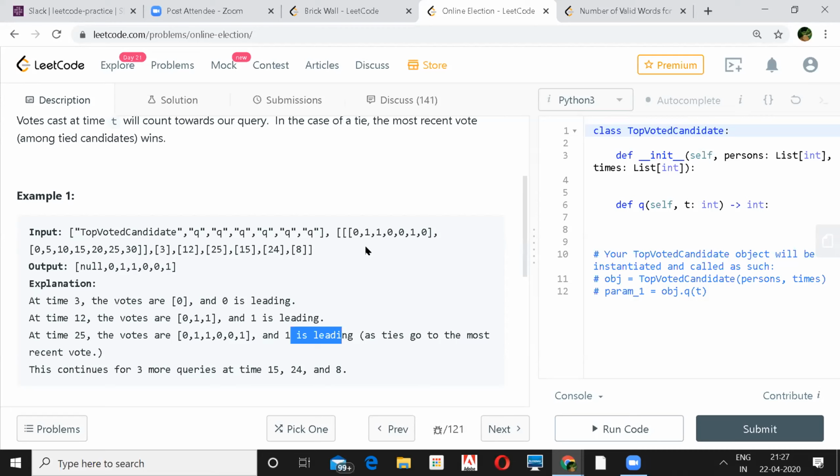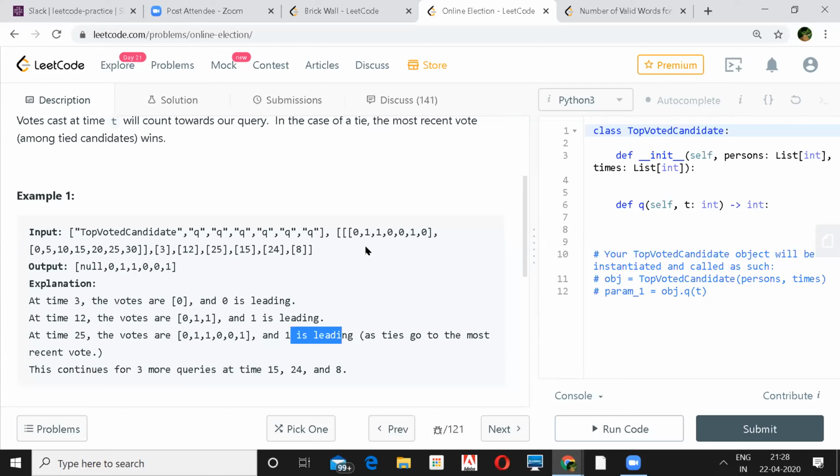And then the next one are the times. Yep. And then the next one are the actual query times. We can think of this like a 7-person vote, because the size is 7. So the first person voted for 0, the second person voted for 1, and so on. That's right. Second person came at the 5th minute, third person at the 10th minute and voted.